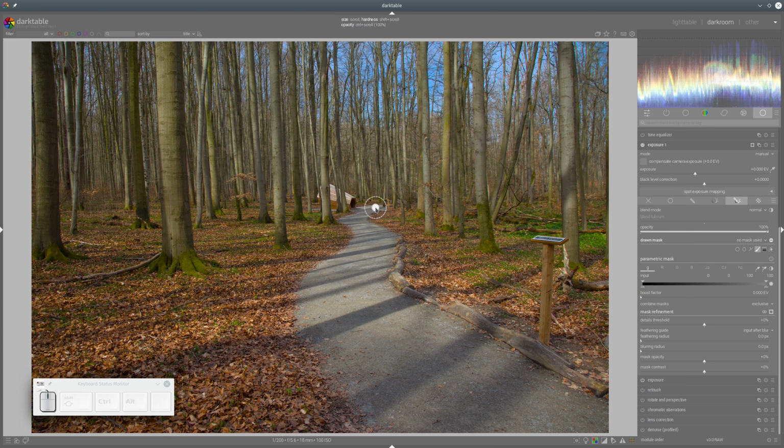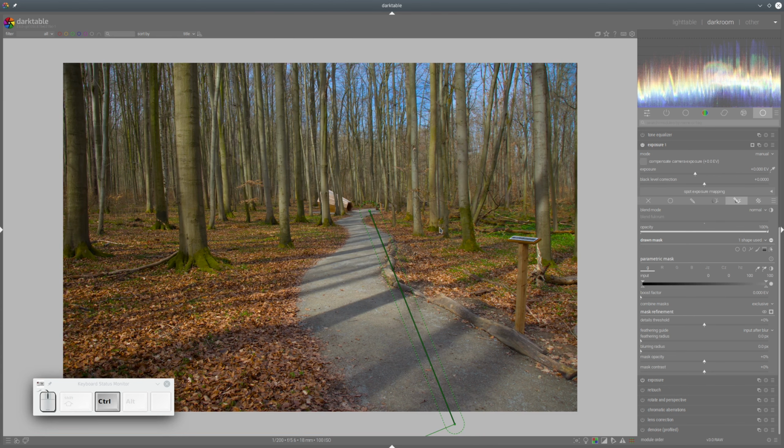So I will draw the point here and then pull another point from that one down. So let's go a bit further away, let's say there. And now I can add additional points by pressing the Control key,